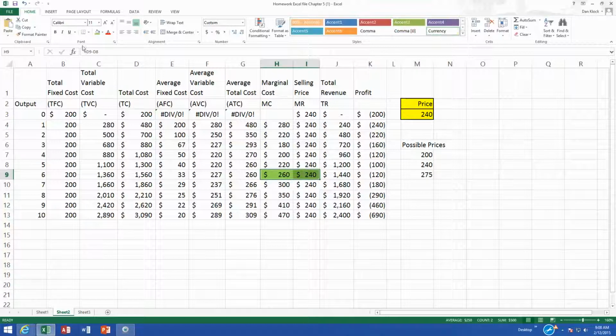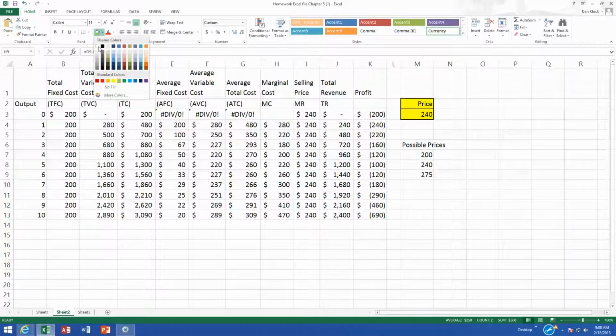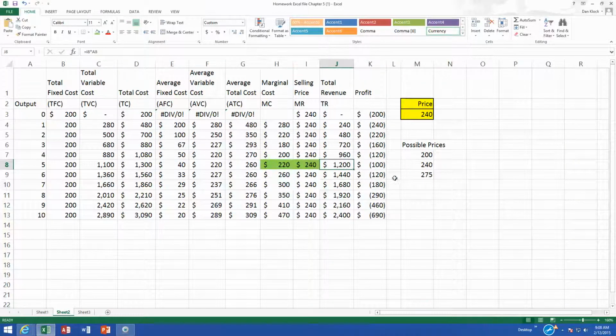So let me get rid of my green here on this one, figure out where my profit maximization is, where MR is closest to MC, and it's right here at 5 output. So I'm losing money, right? We're making a negative 100 profit,